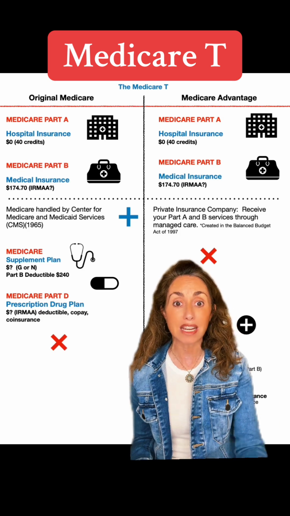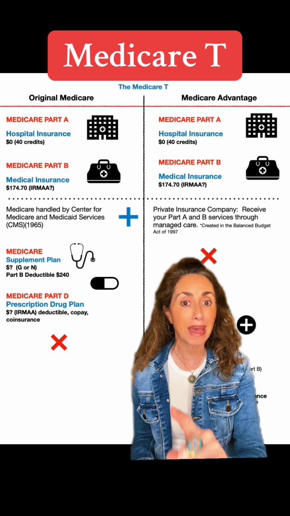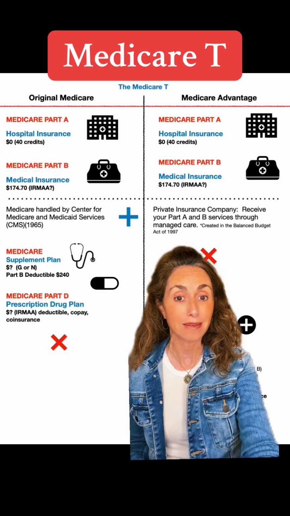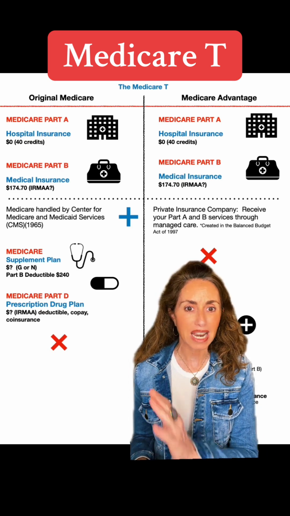And even if you end up going to Part C, you are going to be keeping A and B and paying a monthly premium for B. So when you start with your sign up, you're starting in the same place, signing up for A and B,